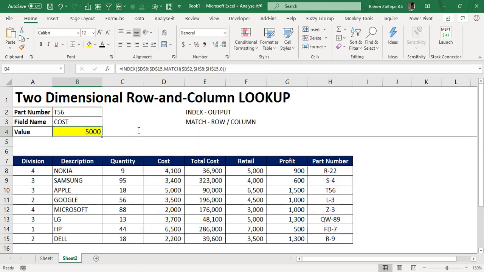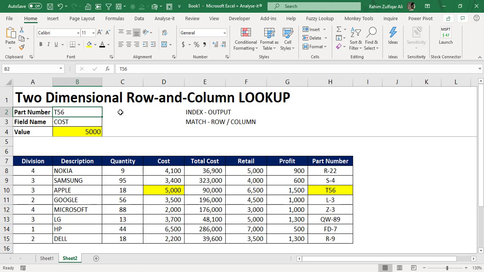Now let us check that the T56 value, 5000, is fetched from the data with the help of the INDEX and MATCH functions. Is it right or wrong? Let me just highlight those cells, and as you can see, the T56 part number cost is 5000, absolutely right. Every time I need to write a part number in this cell B2.